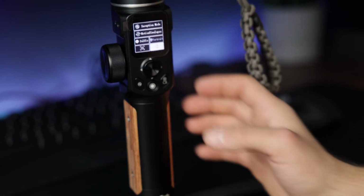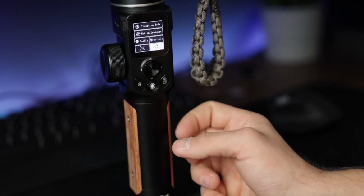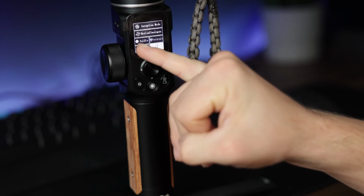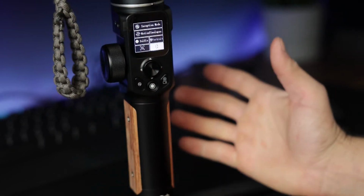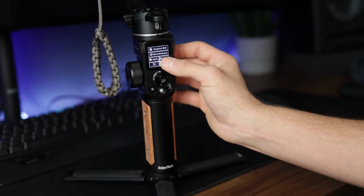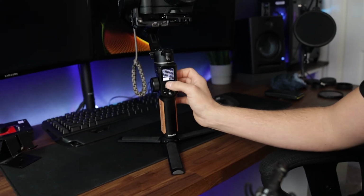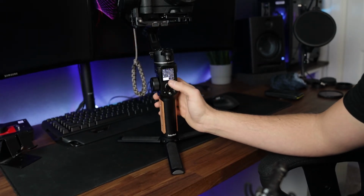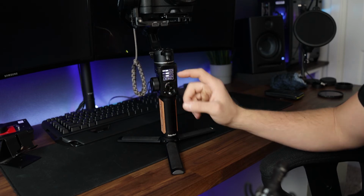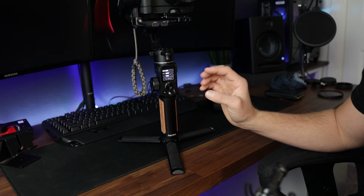So, to get out of Inception Mode, you just swipe back on it, and then you're back into the menu system right here. You can set it up for a motion time lapse. You can set it up for selfie, in case you wanted to vlog yourself. You can also set it up for portrait, which is pretty unique stuff. You can set it up for zoom, roll. You can access payload settings, which is a good thing to do right here, especially whenever you're talking about calibrating your